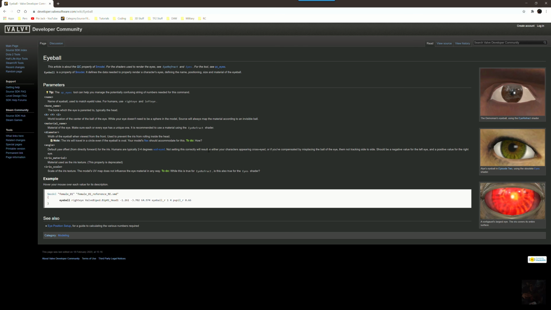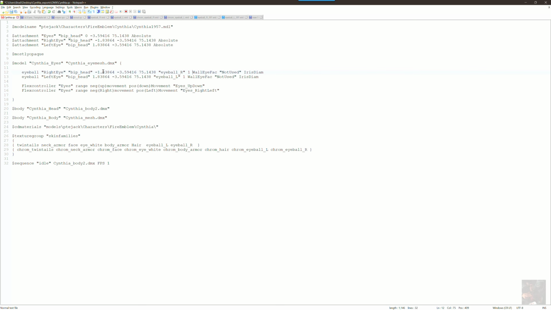With this factor, if you don't set it or it's not set correctly, your character can either look cross-eyed or it can look bug-eyed, where the eyes are pointing outwards instead of looking kind of straight on. When you look at a person, their eyes aren't really straight out. They're tilted slightly in towards the nose. So this value should be a negative number for the left eye, and it should be a positive number for the right eye. So for the right eye,